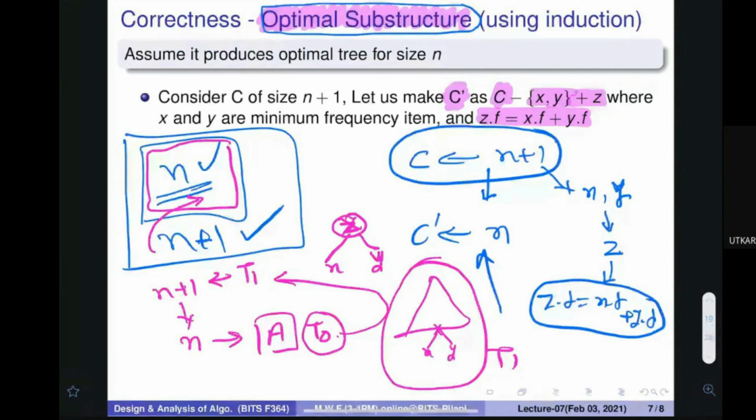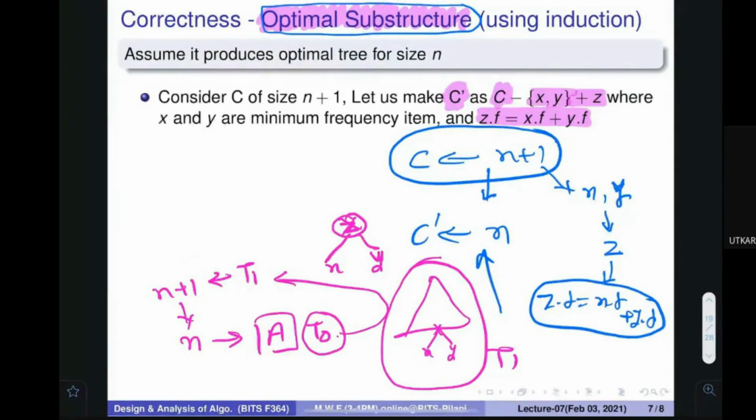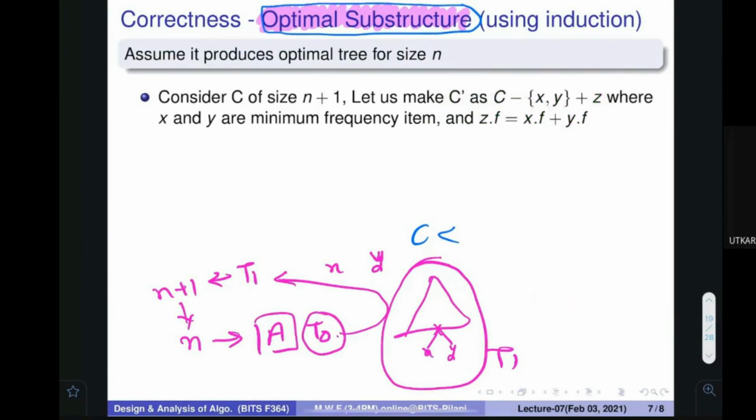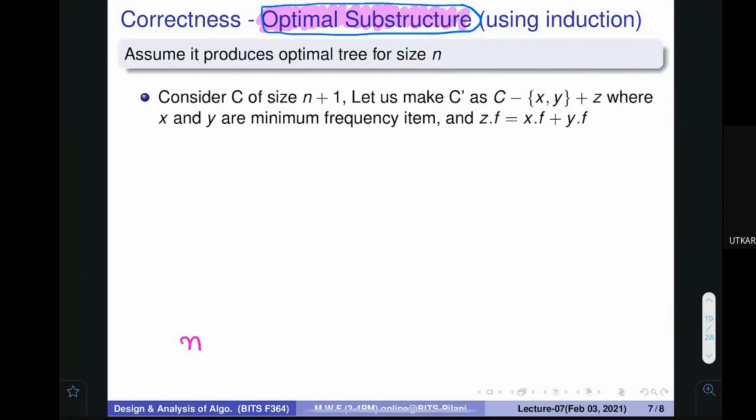Any problem in that? Okay. The problem is this: I just told you the procedure to create this particular tree, but I have not proved that this is an optimal tree. Once again, let me give you the big idea. I think I would take 5 more minutes, so it would be very clear. Please give me 5 minutes. We are at a very critical stage.